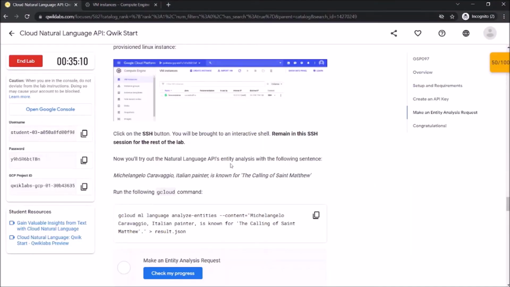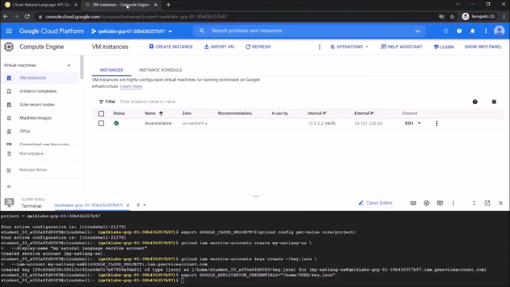In this SSH, we'll try our Natural Language API using this example, which is given here. We'll test the Natural Language API with the given sentence. Okay, so let's copy this one and paste it in our SSH.